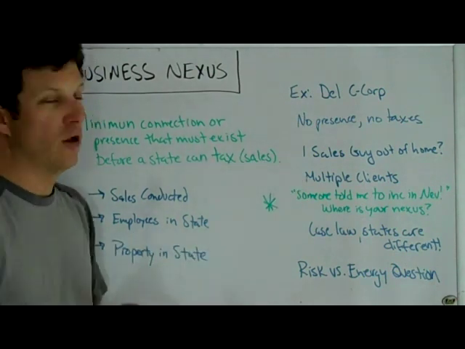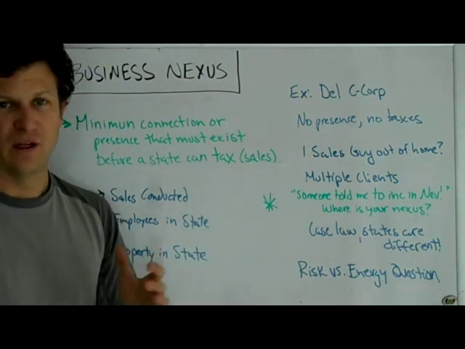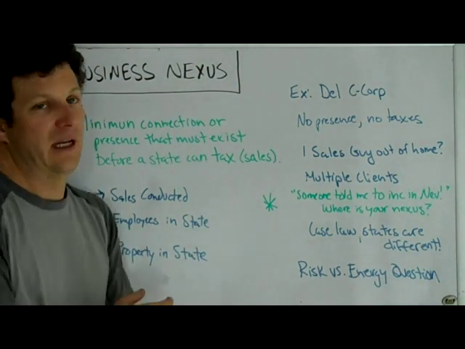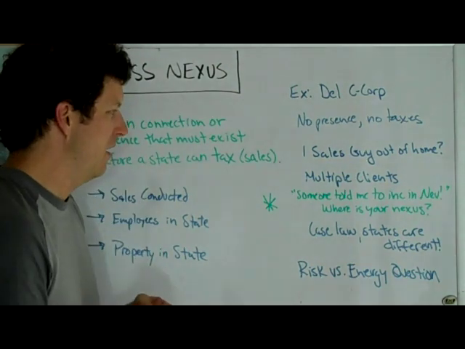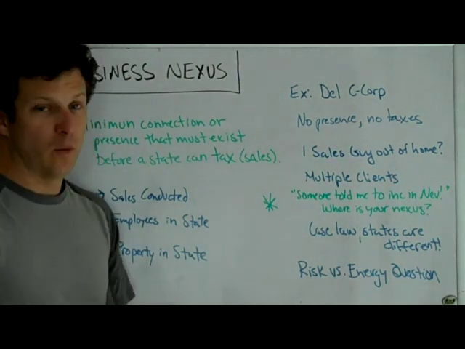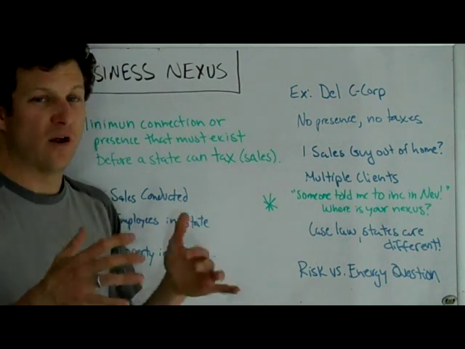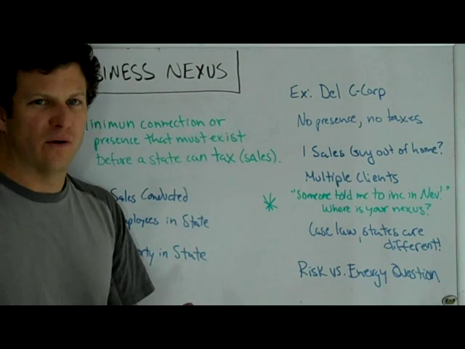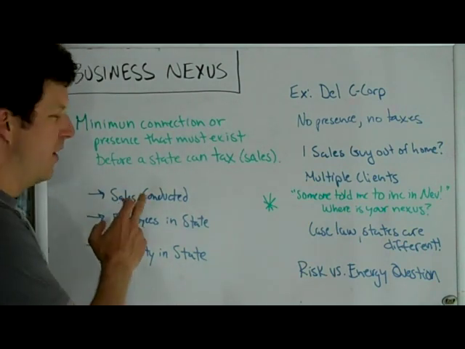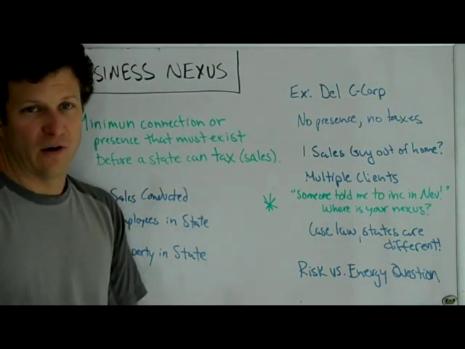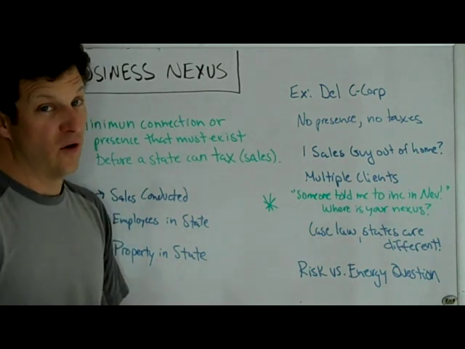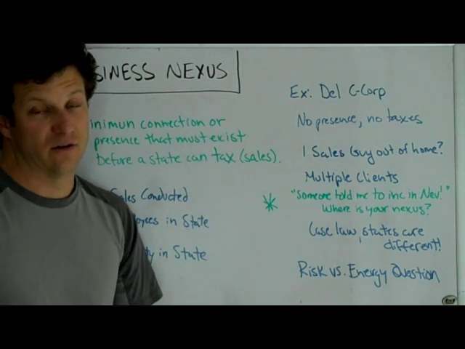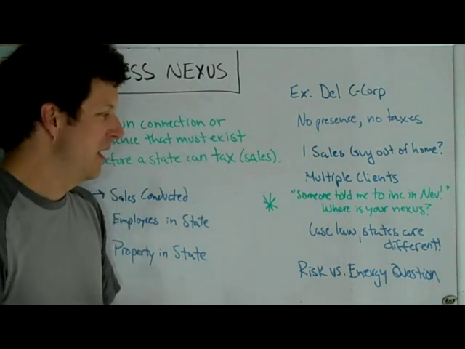What if you had multiple clients in the state of California and you were doing 15 contracts with 15 different clients? Then you would also have sales conducted in that state, and you'd have to establish a nexus there. Interestingly, just because someone told you to incorporate in Nevada because they don't have any sales tax, that doesn't necessarily mean anything if you don't have a physical presence or employees, and you don't do any sales in Nevada. If you're a company in the state of Utah but you incorporated in Nevada, it doesn't matter. You're going to pay sales taxes where you have a nexus.